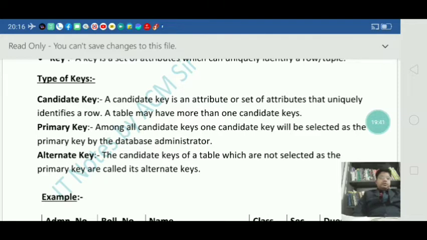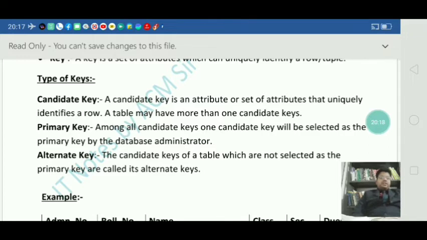Which column we take depends on the database administrator. Suppose you are creating the database, then you can choose any candidate key as the primary key. So you have to choose the primary key from the candidate keys.